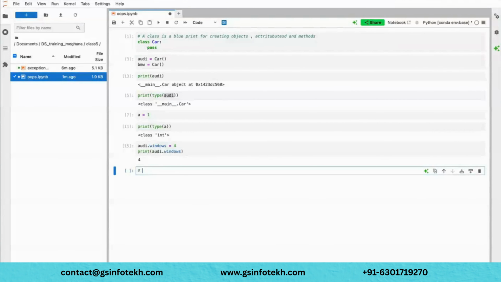Now we'll see what exactly instance variables and methods are. Instance variables and methods are nothing but the values which you create for a class, which will be accessible inside the class. Those are called instance variables and instance methods. Let's say I am creating a class called dog, then I will write one thing here. It's called a constructor.